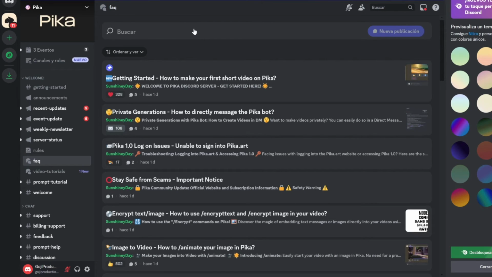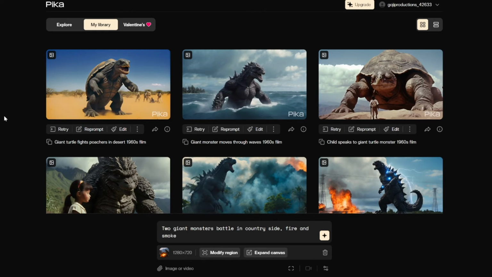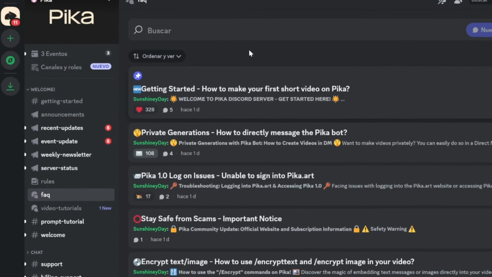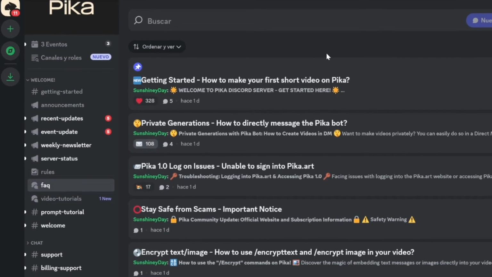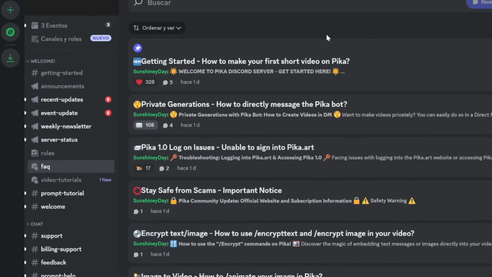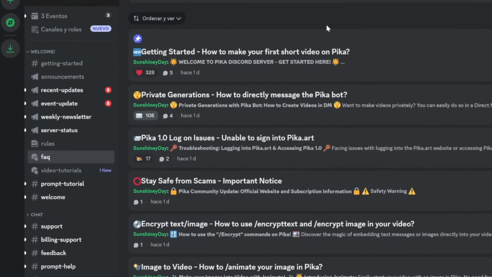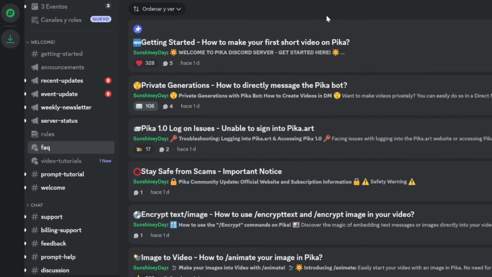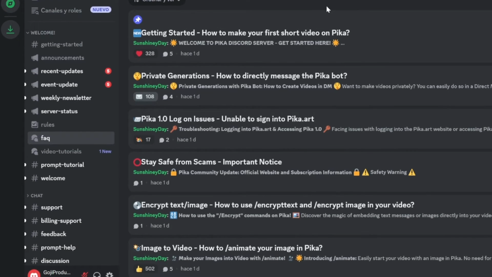There's no limit. I will say the quality of Pika.art is better because it's like the official release, but you only can really do 3 clips a day if you're using the free version. So once you run out, you can go to the Discord. As of now, the Discord is still open and available to join, and you can make as many as you want. I don't know if they're going to keep the beta open for much longer,